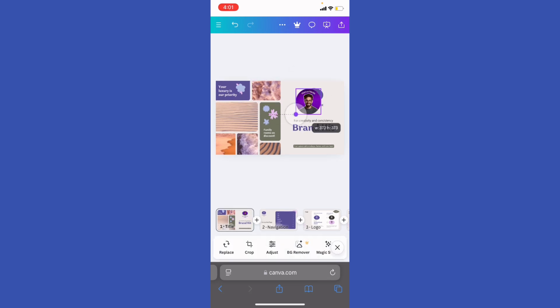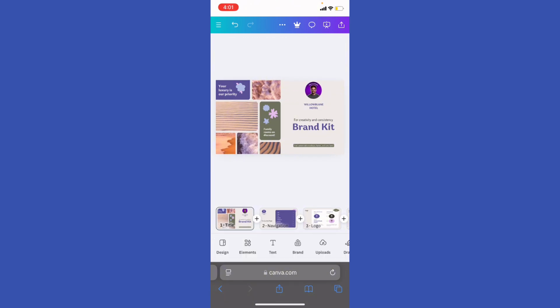If you want to delete the background, I'm gonna delete the background because I don't want it, for example, and add this logo, right? So this is an example only, so you can add your own brand, and then if you like what you see,